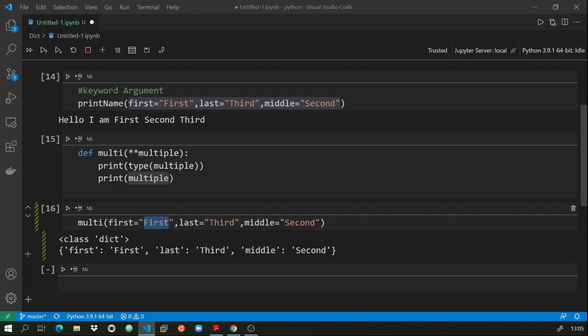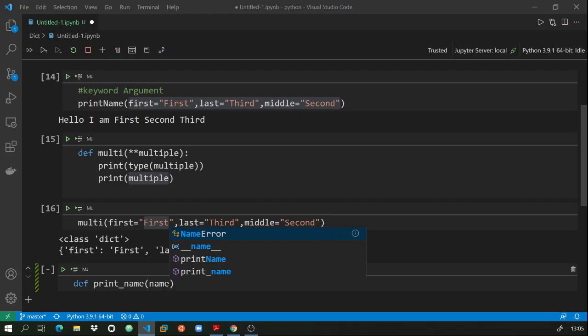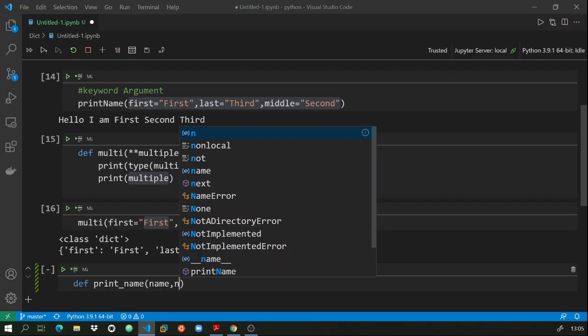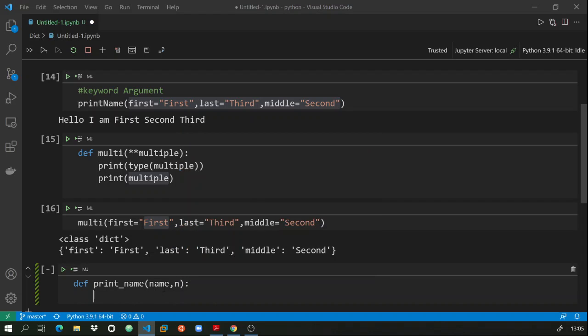Okay. Now one more thing, we can also pass default parameters to this function. So if you'll see, print name, and we take the value of name, and we also take the value of the number of times that the name is to be printed. So if we do something like this, name into n, it will print the name n times.